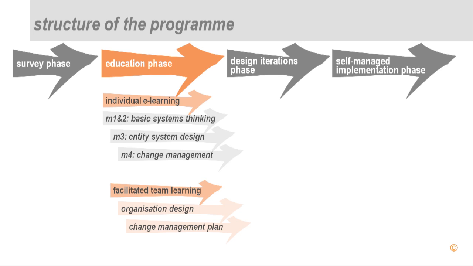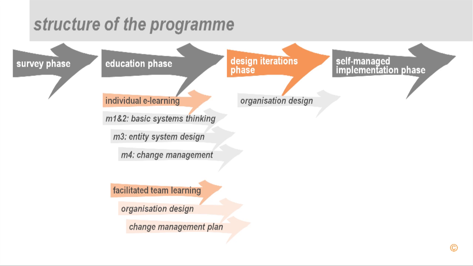As soon as the teams receive the mandate from top management to continue with the program, they start facilitating the design iteration phase. That is phase number 3 of the program. This phase involves discussing the designs with widening circles of stakeholders, getting their input, if necessary, amending their designs to accommodate new points that have not been considered before.